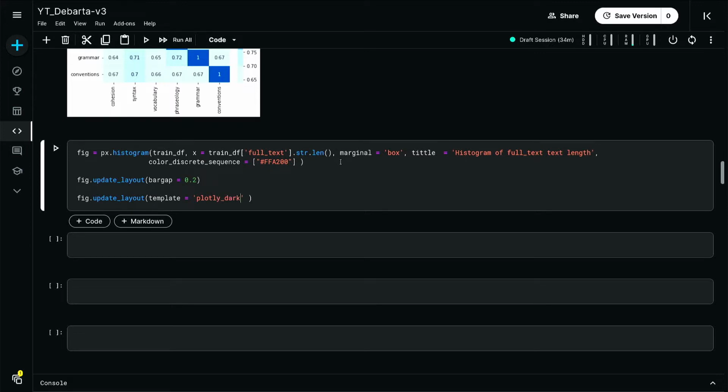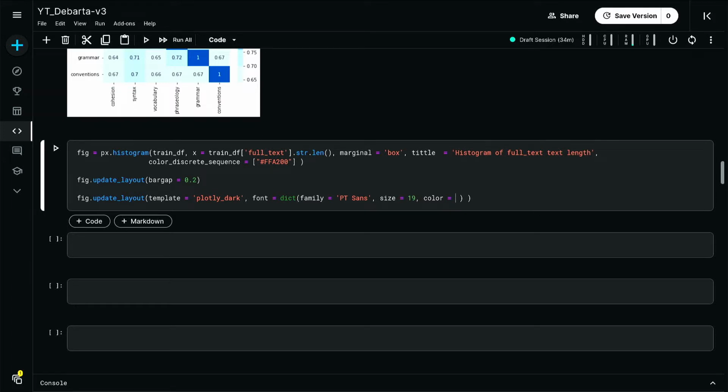Plotly dark. Finally, I want to use color.